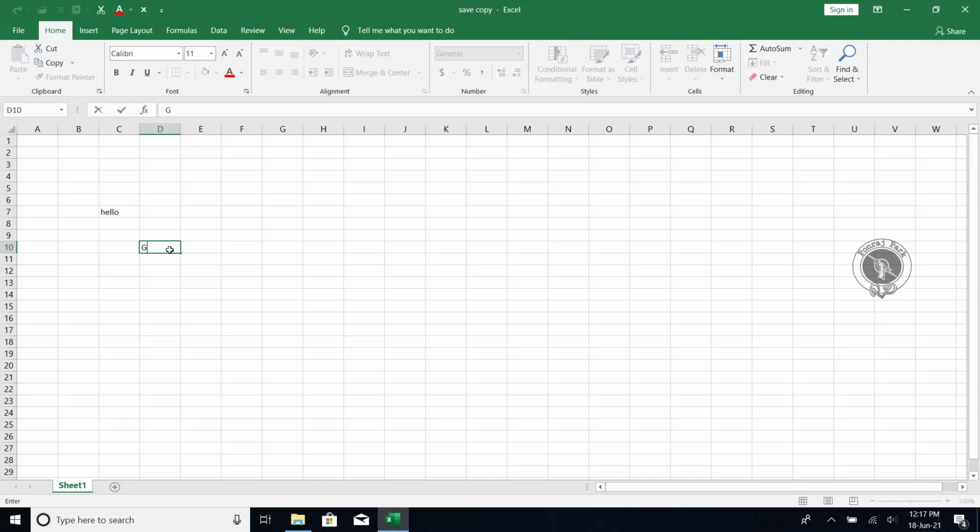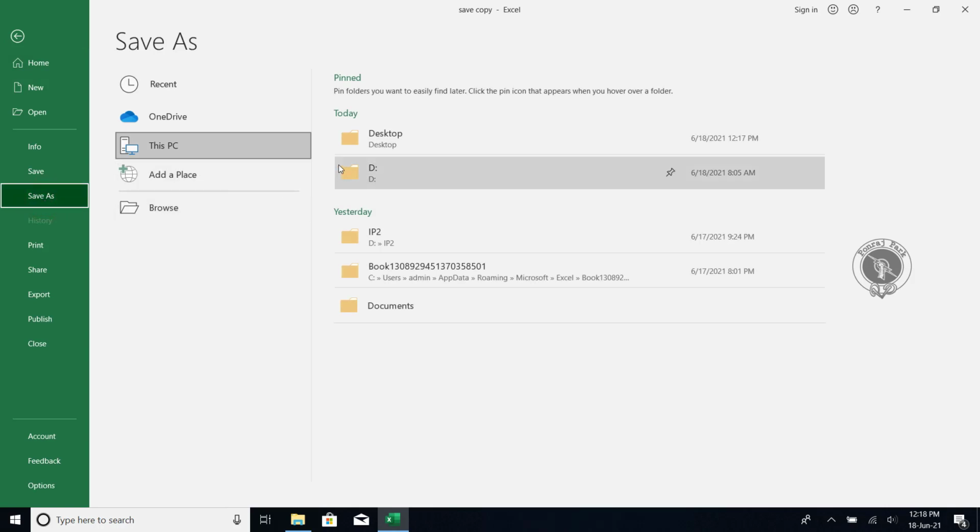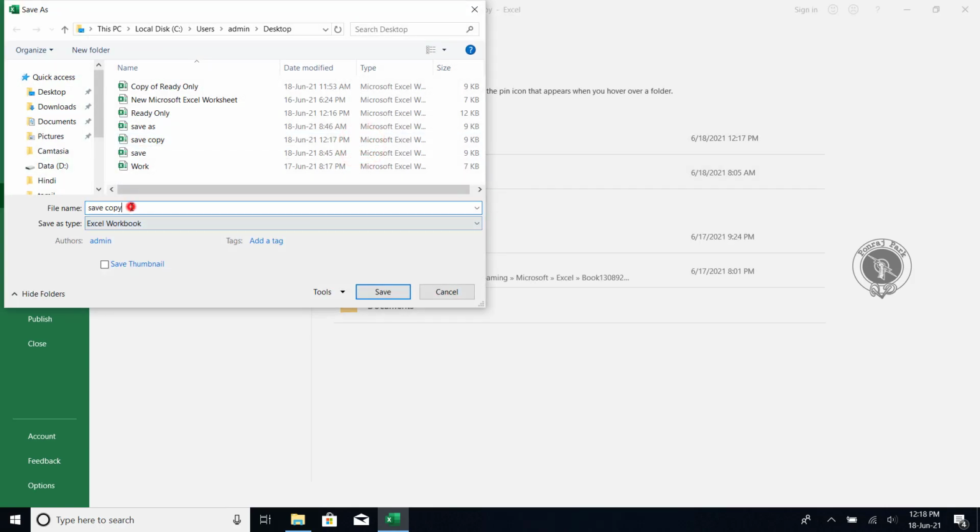Okay, like I have written something, group, over here. Now I just want this group to be saved or not on this original file. If you need a copy of the original file, you can go for save as. Okay, like in desktop, save copy, save as.